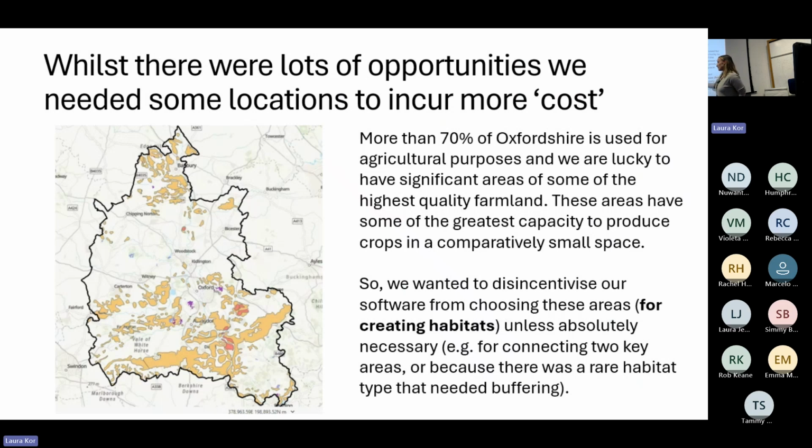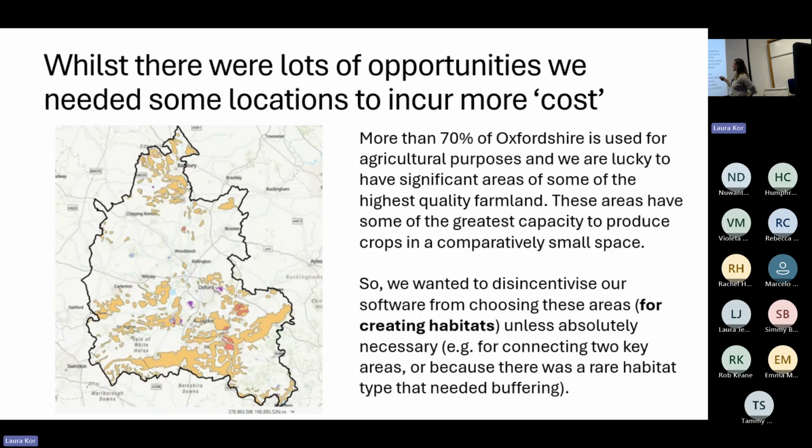The land use in Oxfordshire, more than 70% of the land is used for agriculture. And the areas shown up on the map here are what are called grades 1 and 2. And those are some of the highest quality land for producing food. So grade 1 is shown up in red a little bit there, but they're very, very few and far apart. And then grade 2 is a slightly larger band, but they're still really high level, versatile, and some of the best land for producing food.